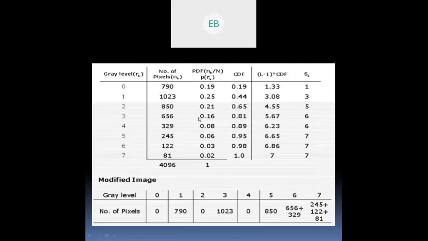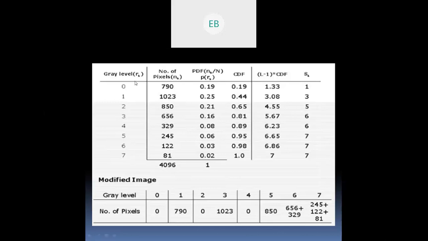So after noting this table down, let's go on to the solution part. Form a table here. Write down the gray level values from 0 to 7, and accordingly write down the number of pixels given. Now total it up. When you total the number of pixels together, you get 4096. Now you go on with the probability part.